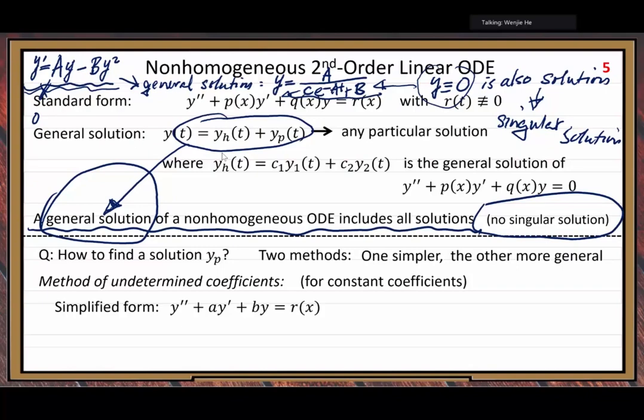That's what we need to solve, from the previous topic. A and B are constant. Then, in order to solve this system,